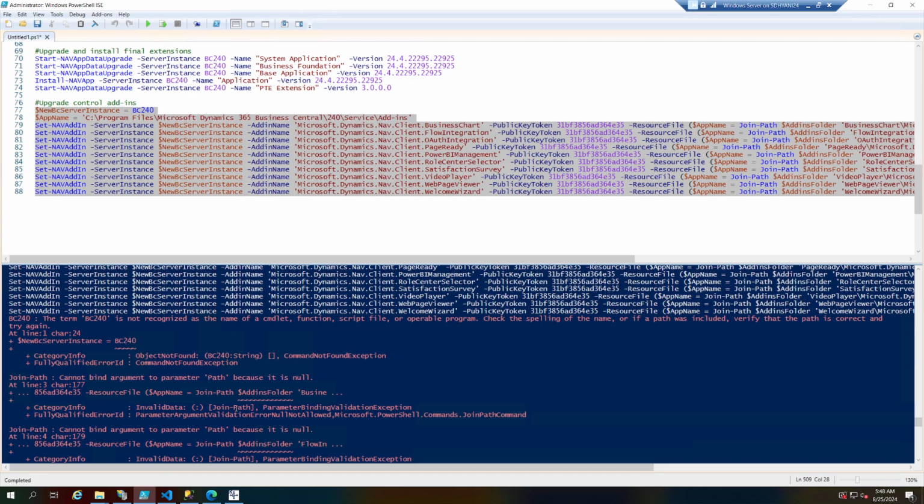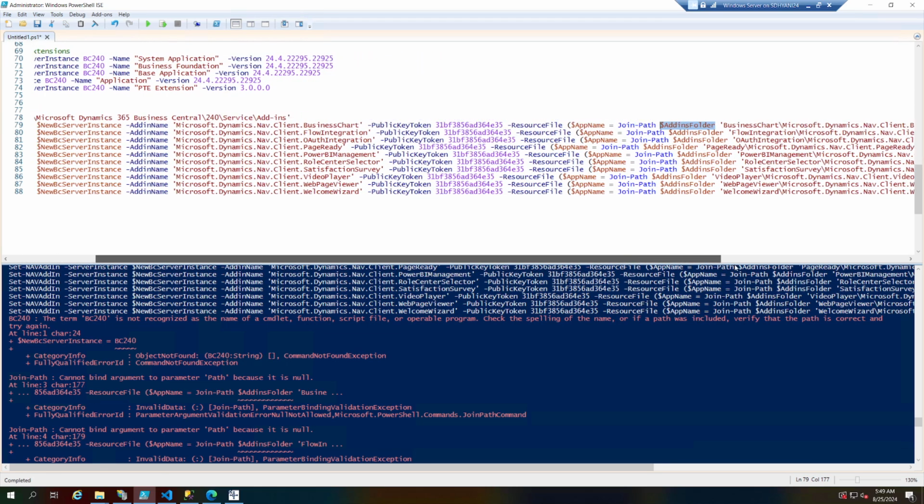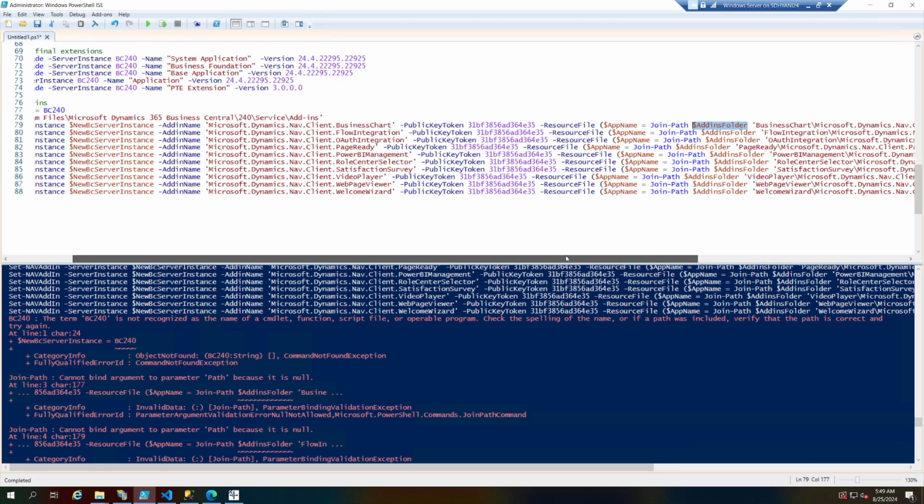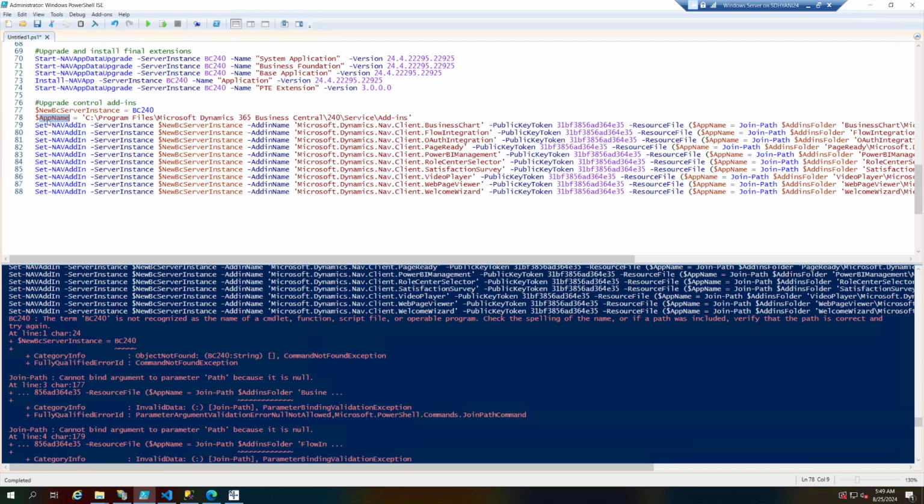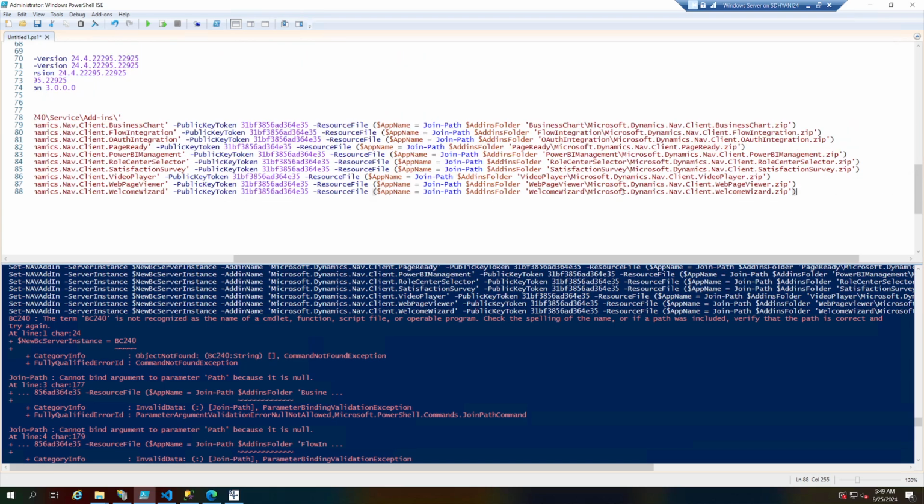Okay, so let's see, join path of, oh, app path is add-in folder. Sorry, my bad. This should be the variable, and then they should end with a slash, backslash. So my bad. Let me correct my mistake here and place in a forward slash. Okay,